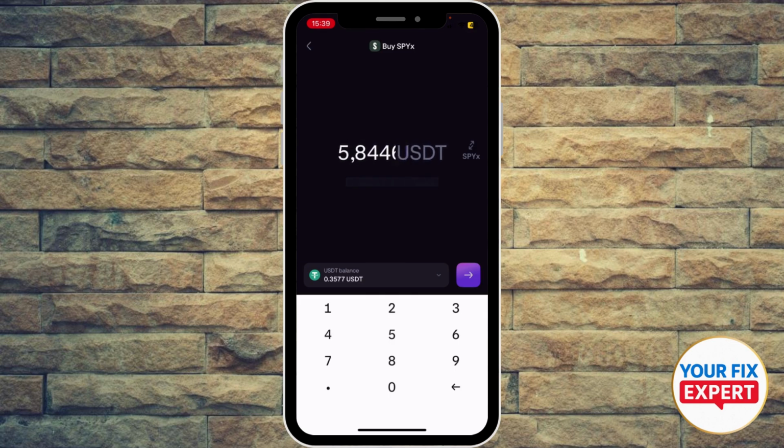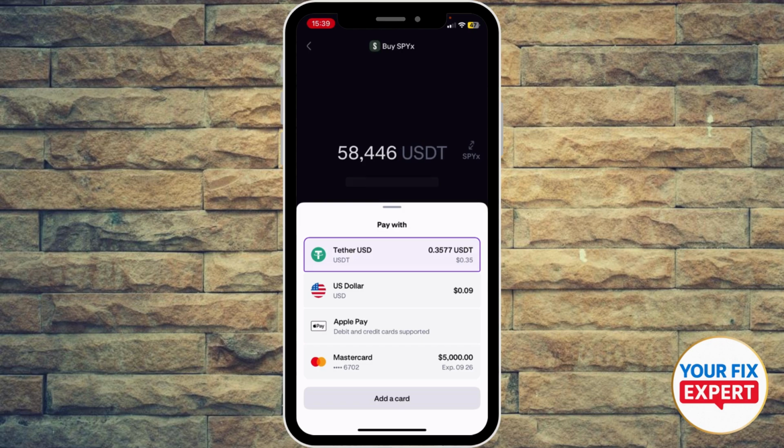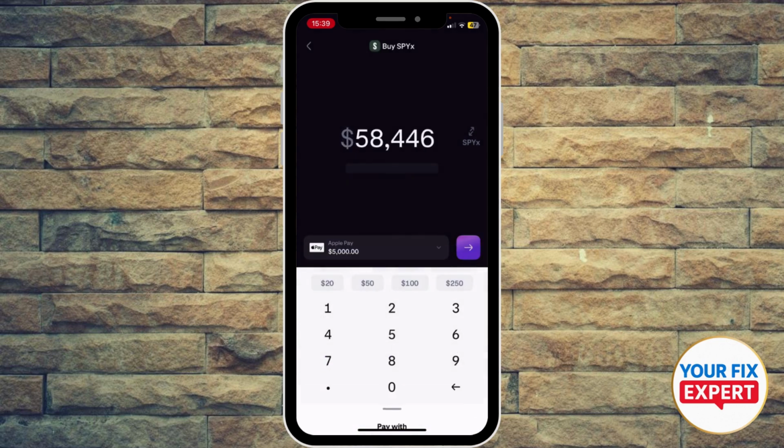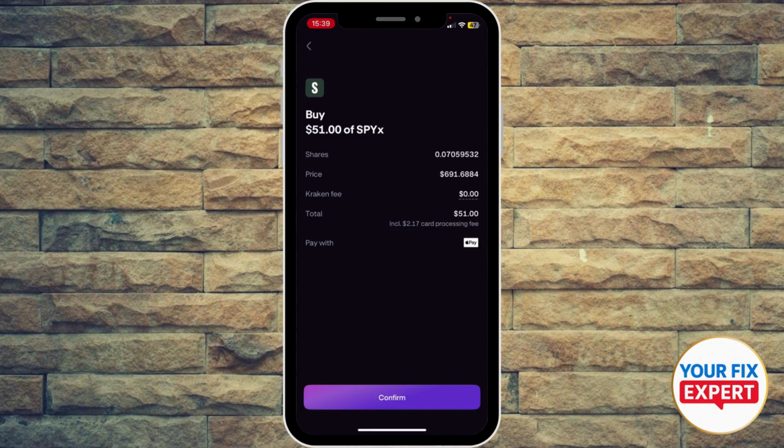You're going to choose the amount. Afterwards, just select or pay with your favorite payment method. You can use USDT, or if you have cash on the side, Apple Pay, whatever. Okay, and once you select the amount, hit continue. And just like crypto or any other coin, Kraken made it easier to